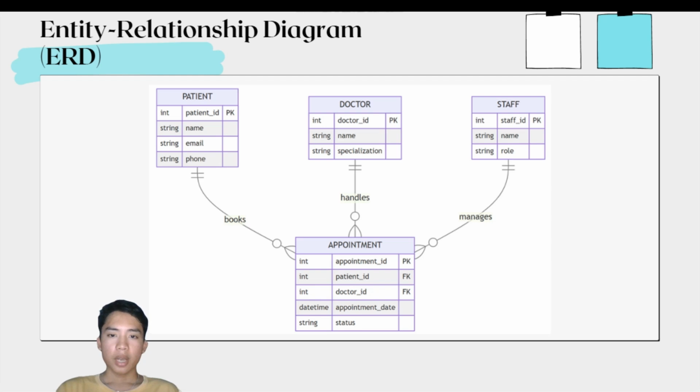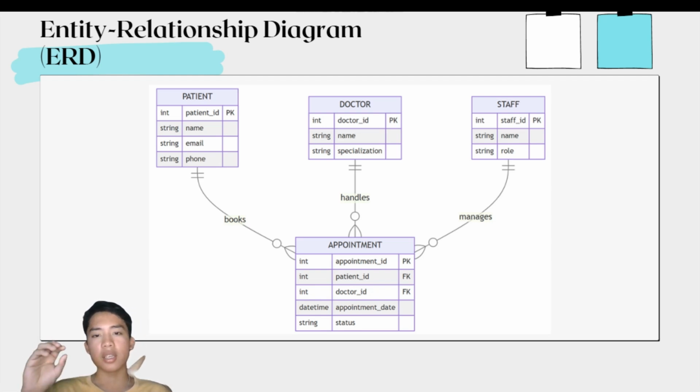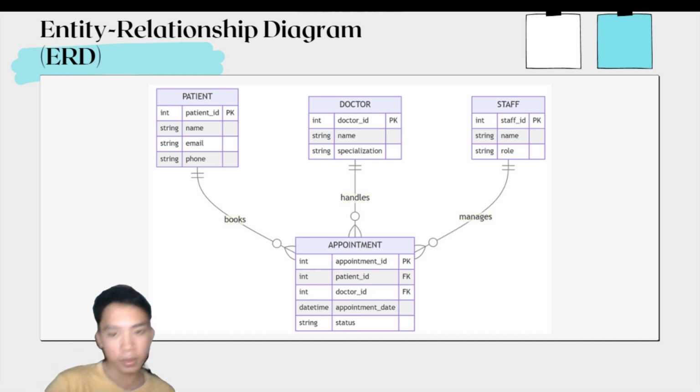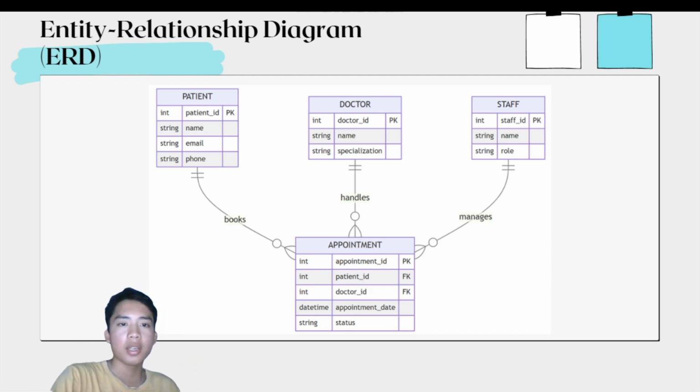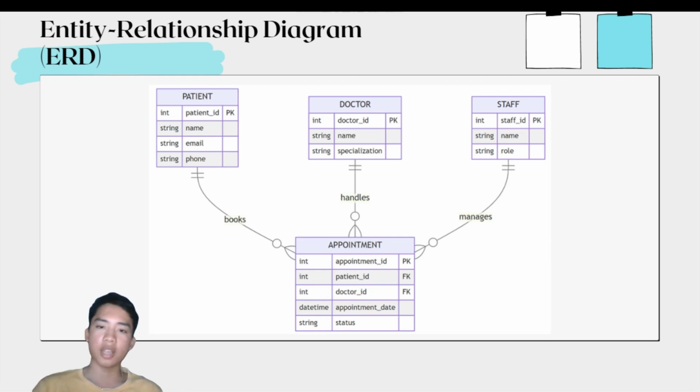As you can see in the appointments section, we have an FK. The FK is the primary key of the other entity. For example, the patient ID is the PK in the patient box, and the patient ID is also in the appointment box. So it must be a foreign key, not a primary key, so you can identify it by the patient ID. It becomes a foreign key, which comes from the other box.